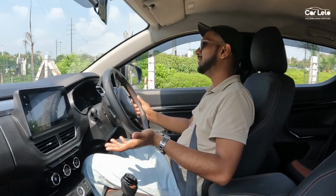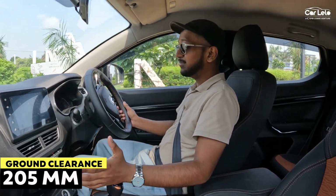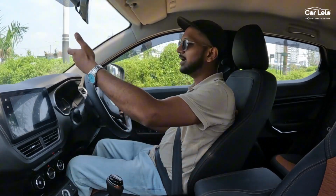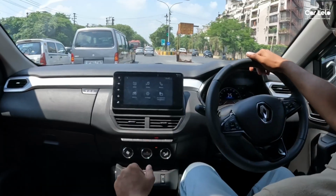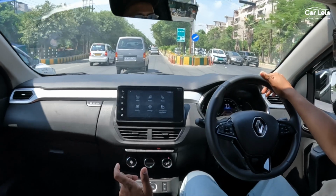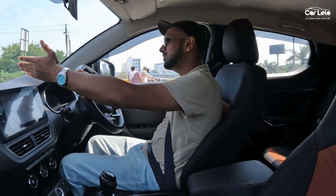So as you can see, I'm seated a bit high as well because of the 205 mm ground clearance. The bonnet visibility is absolutely great, and the view of the landscape is also very nice. Talking about the bonnet visibility again, in stop-go traffic this is an absolute boon because you can absolutely easily judge what all is